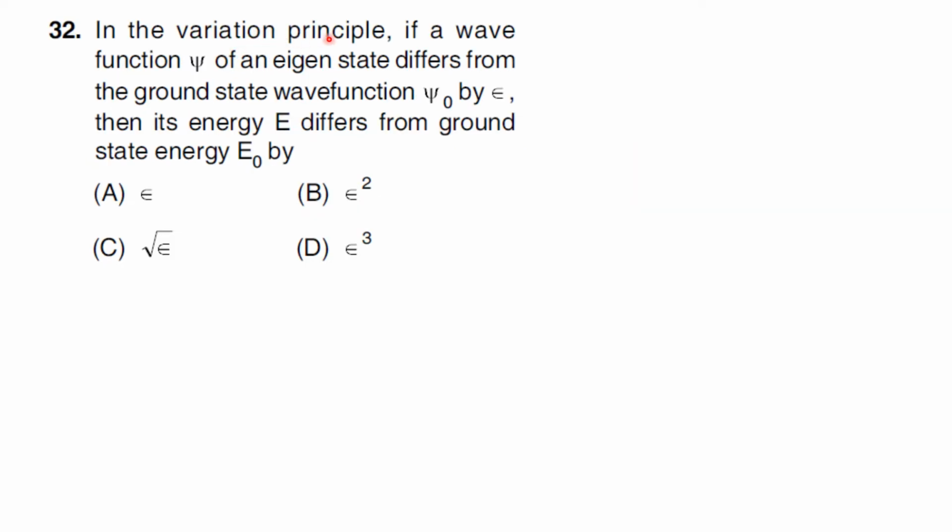In the variation principle, if a wave function psi of an eigenstate differs from the ground state wave function psi naught by epsilon, then its energy E differs from ground state energy E naught by? So it is mentioned that it is a variation according to the variation principle. Here psi differs from psi naught by epsilon. Then according to the variation principle,